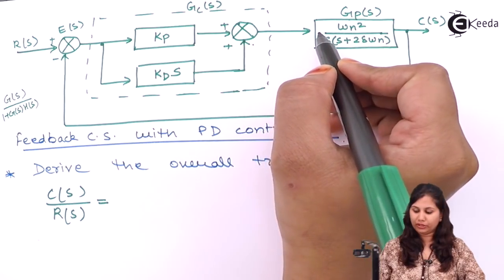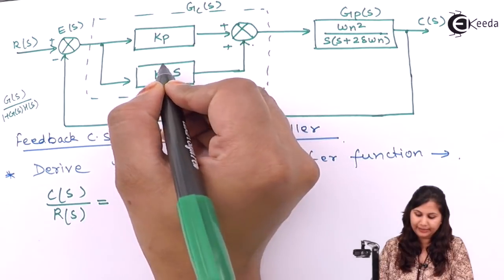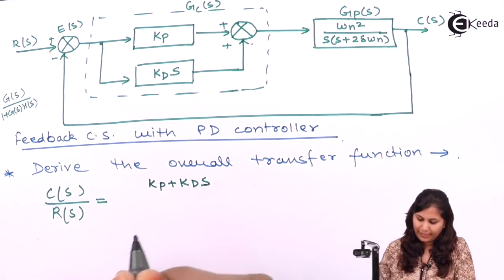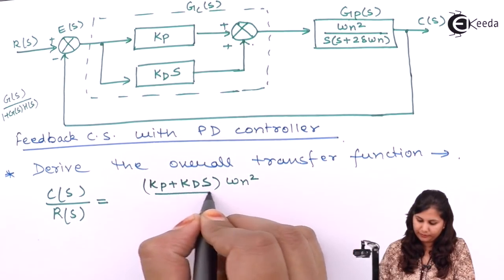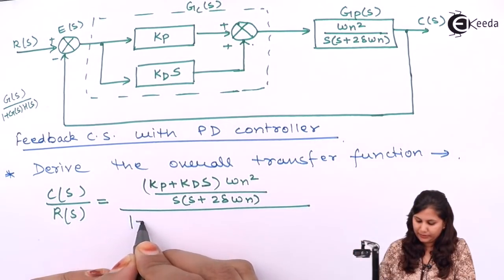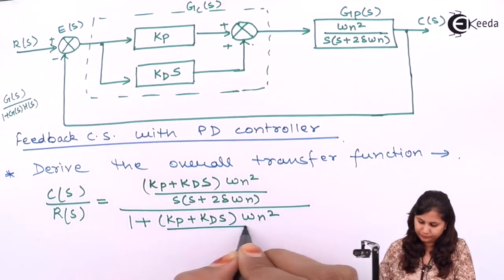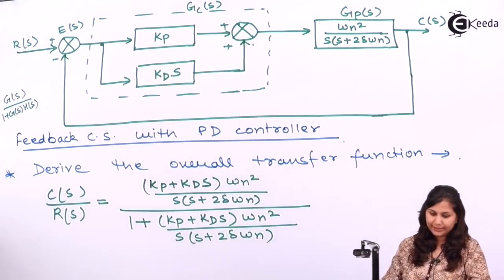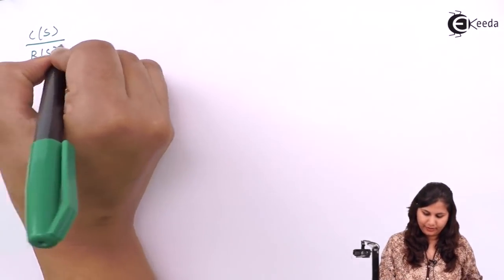Gp is the transfer function of the plant, and Gc is the transfer function of the controller. So here we have Kp plus Kd s because they are added up, and this is multiplied with the transfer function of this plant, omega n square upon s square plus 2 delta omega n s. This is G(s) upon 1 plus G(s)H(s). H(s) is 1, so we will just write G(s) here. So this is the overall transfer function of this system. Let us simplify this. We will have C(s) upon R(s) equals